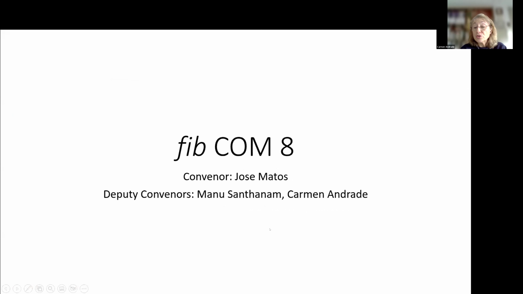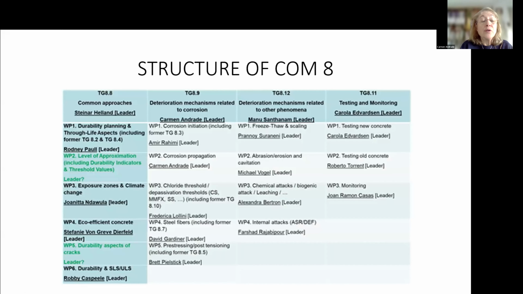Commission 8, sorry. The convener is Jose Matos, who is excused because he has classes, and the other deputy convener is Manu Santhanam from India. In this Commission 8, we have four active task groups. The first one is chaired by Steinar Helland, one of our presenters today, with 4 active working parties,